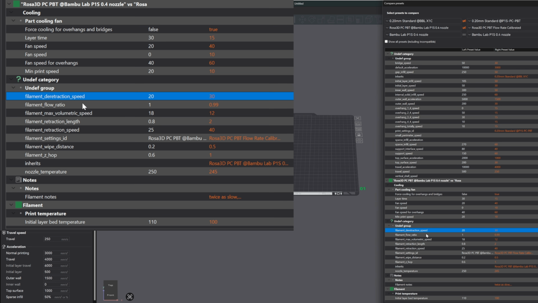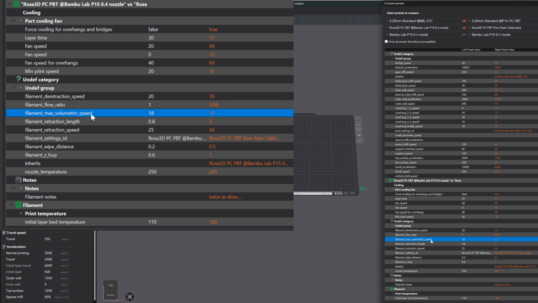Retraction length from 0.8 millimeters to 2 millimeters, because the longer pullback prevents oozing and stringing. Retraction speed from 25 millimeters per second to 40 millimeters per second, because faster retraction helps cleanly break the filament. Z hop from 0.6 millimeters to 1 millimeter, because increasing lift avoids nozzle collisions with printed parts. Volumetric speed limit from 18 cubic millimeters per second to 12 cubic millimeters per second, because lowering maximum flow prevents